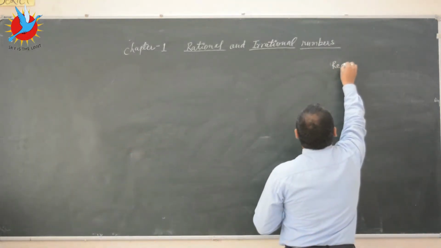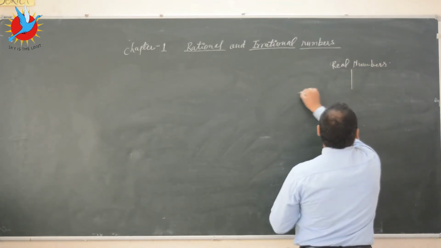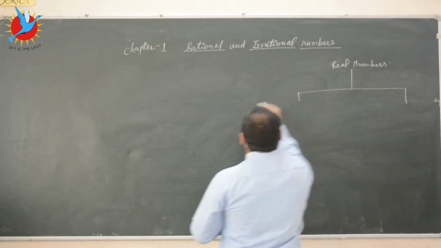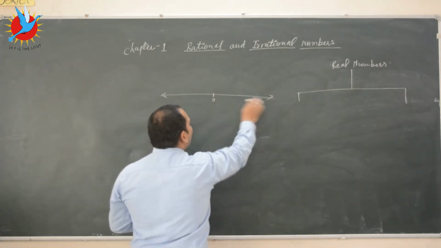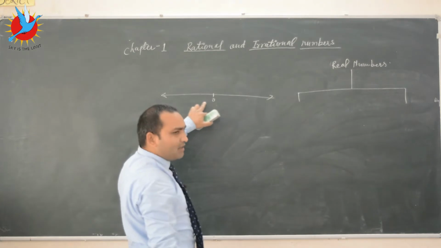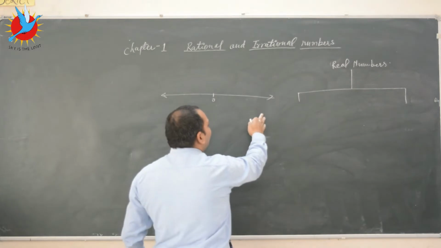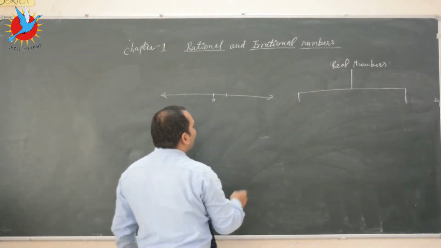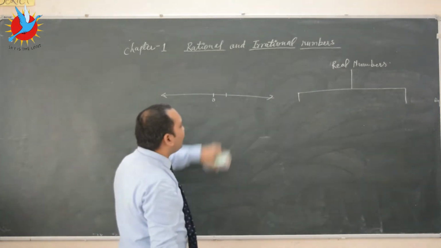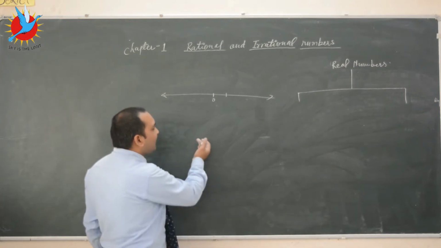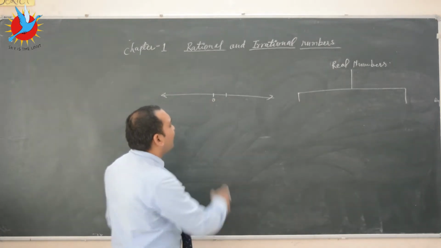Real numbers: the continuous, this is a real line. Here are all the natural numbers, all the whole numbers, all the integers, all the fractions and all the rational numbers. And one more thing, the followers of Pythagoras, the Pythagoreans, also invented a special type of number. Besides this, the irrational number is also a form of the real numbers.